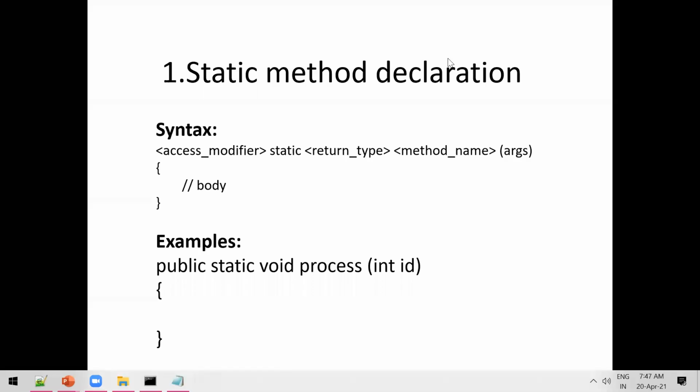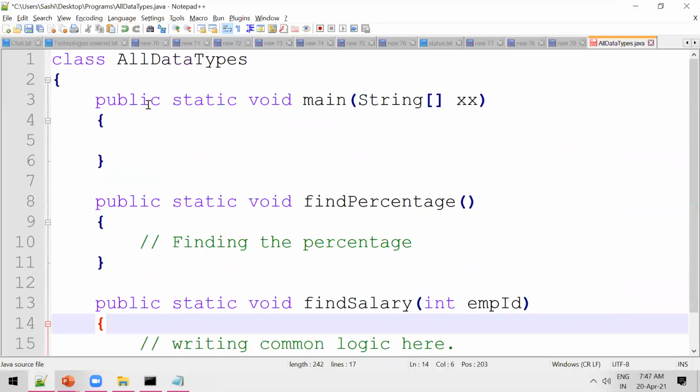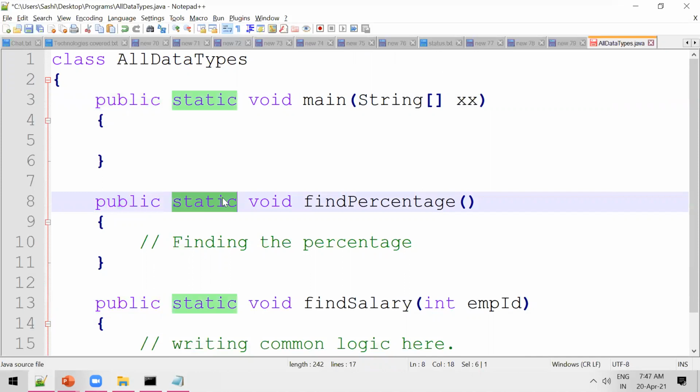Let's see how to define static methods. We already saw our main method. The signature is public static void main. It takes some string array arguments. See the second method: same public static, return type is void. Method name, you can give any method name. It is not taking any arguments.